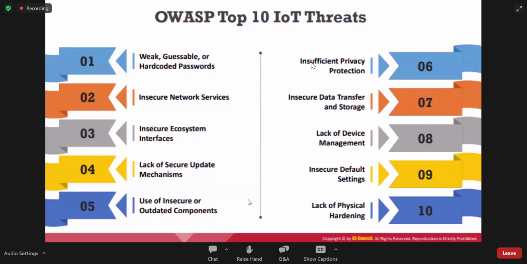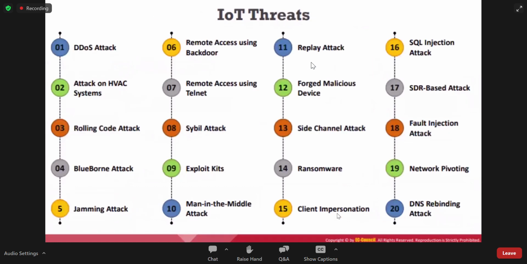Then there is the use of insecure or outdated components and frameworks, and lack of physical hardening. Lack of physical hardening means nobody should be able to access our IoT devices physically. If I can access the IoT device, I can easily switch it with a tampered one.